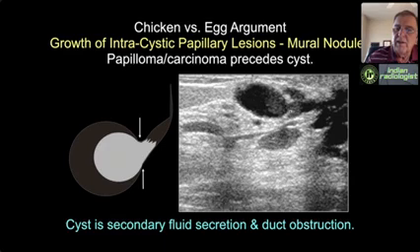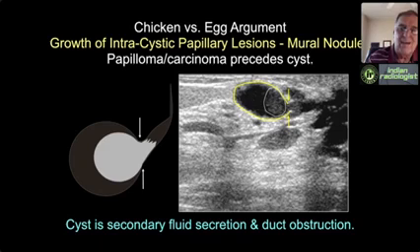But at the point where this thing arose, the capsule is absent, and it's growing up the duct toward the nipple. So the answer on this mural nodule lies only at this point where the capsule is absent and where it's growing up the duct. This is clearly not apocrine metaplasia. This is clearly a papilloma or a papillary carcinoma because there should be an intact thin echogenic wall, and the shape should be